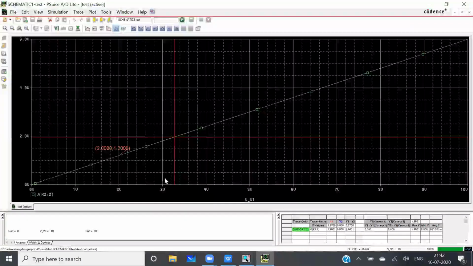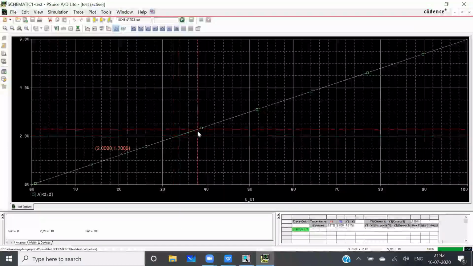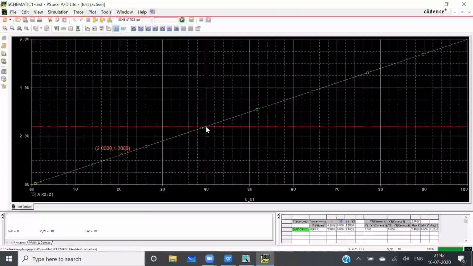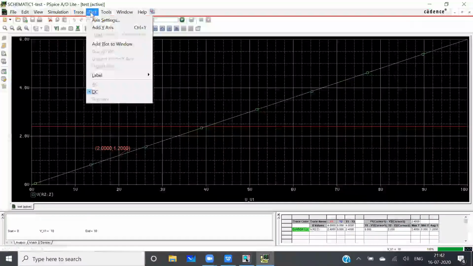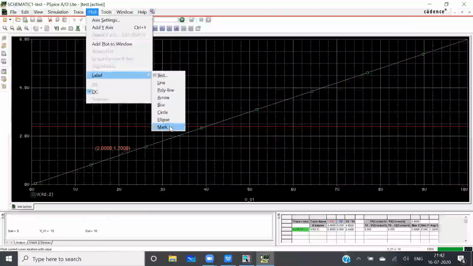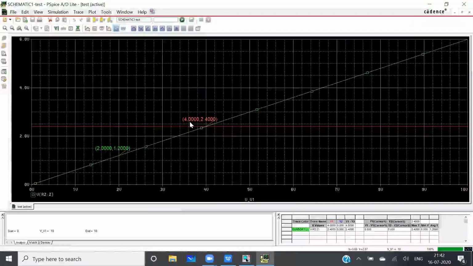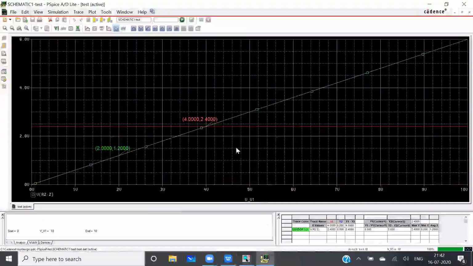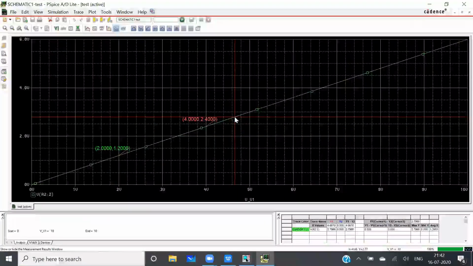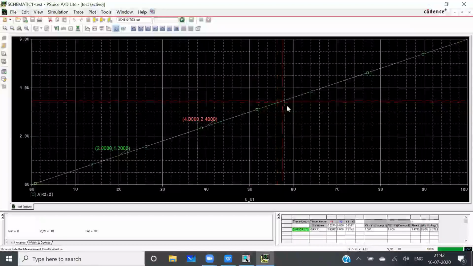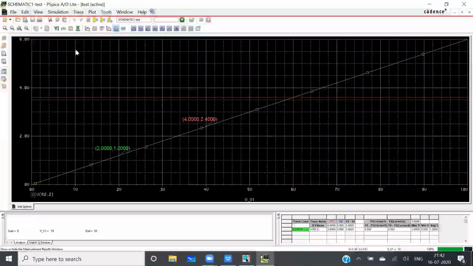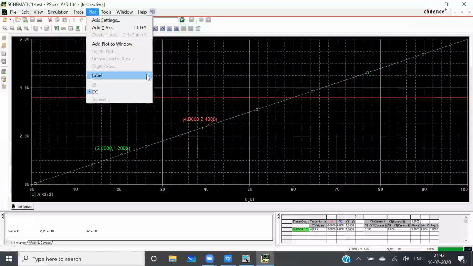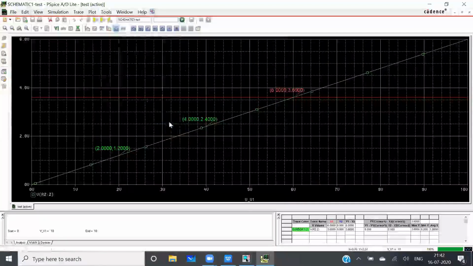Next, let us check for other values also. I will go to this 4 volt. Again, I'll go to plot, label, mark. You can see if input voltage is 4 volt, output voltage is 2.4 volt. This is verified. Next, I'll check for 6 volt. Again, plot, label, mark.